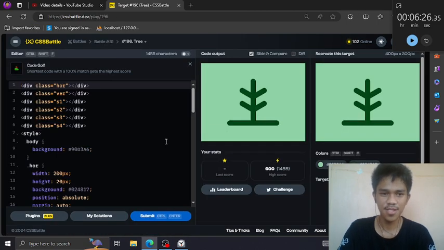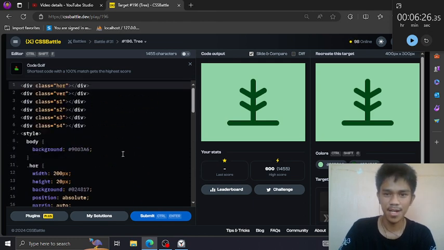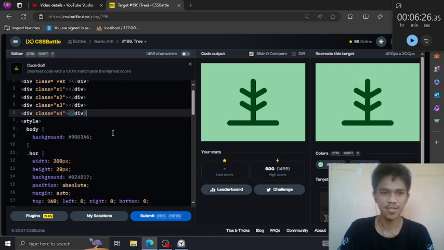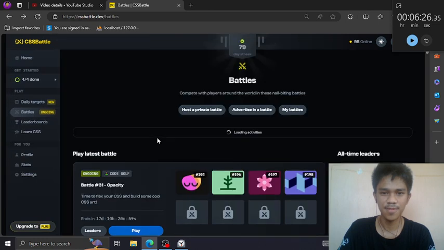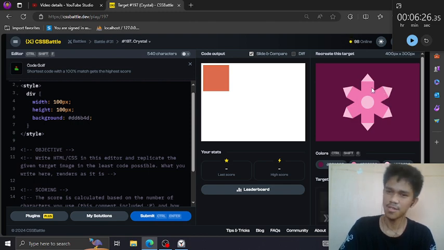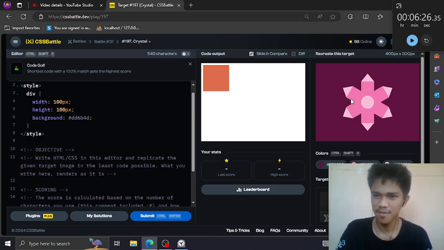Here is the third one I did this morning, but I think this is not counted as our daily challenge, so I didn't record this. Then let's move on to the third one. This is kind of a flower snowflake thing, or should I say an origami that's kind of a flower.